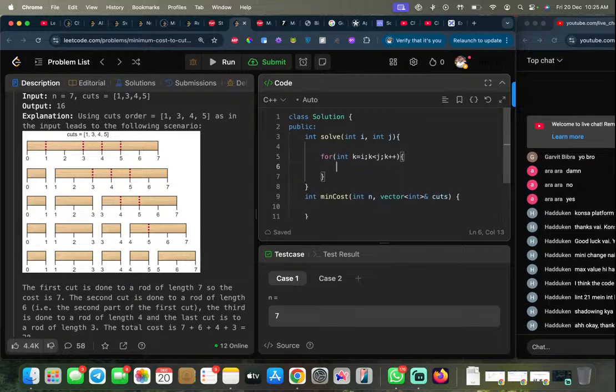Okay. Now steps is equals to, if smaller than n, then